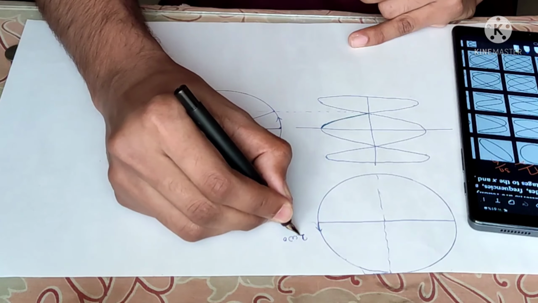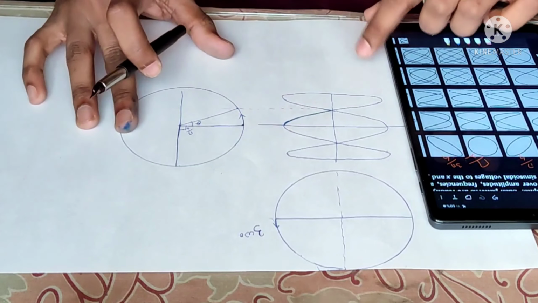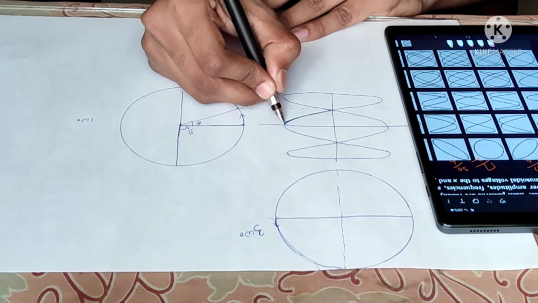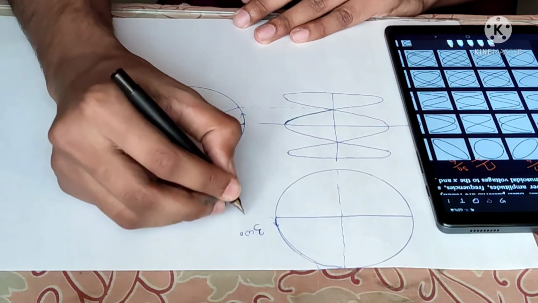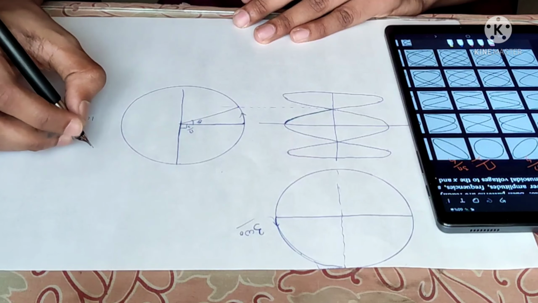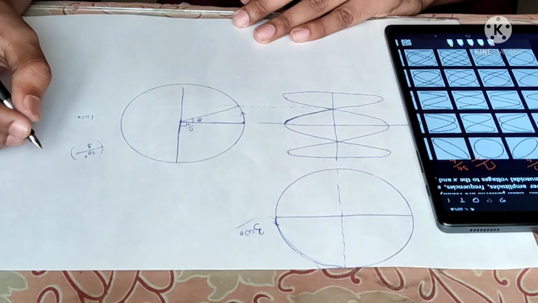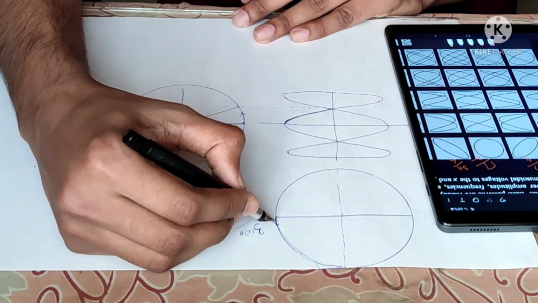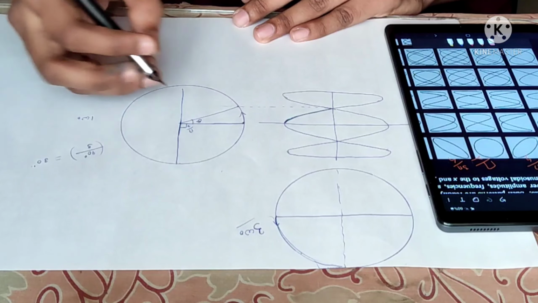Since we know it's like 3 omega, as you can see right here, I hope you can see that. So when it rotates 90 degrees to perform this segment, and since it's like 3 omega naught, this pointer needs to move by 90 degrees divided by 3, so it's like 30 degrees. So now we found out that when this moves one quarter, it moves only 30 degrees. So this is what this angle is,